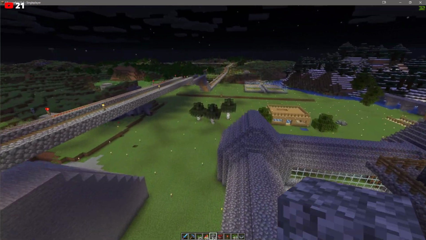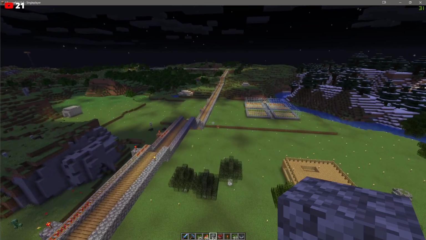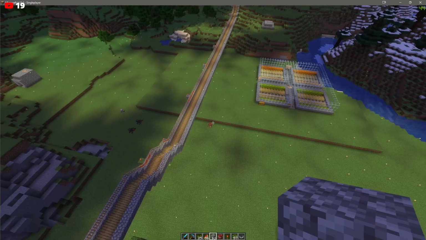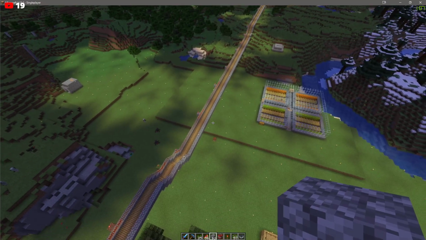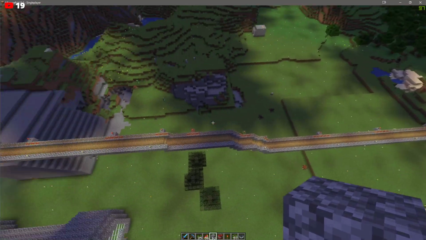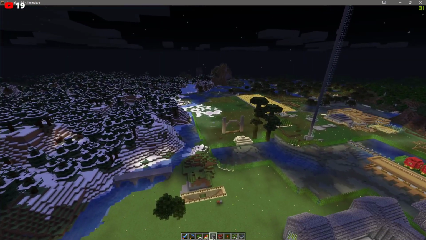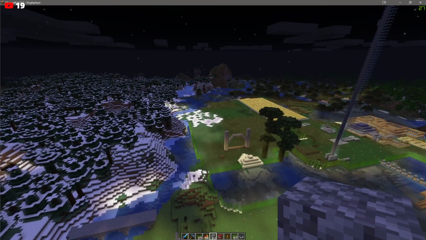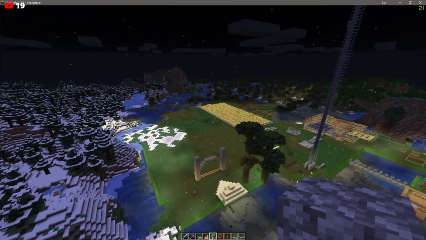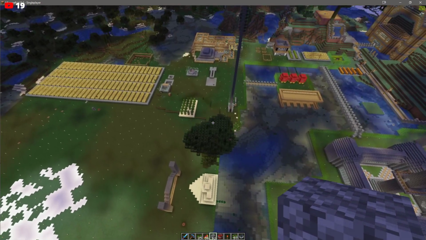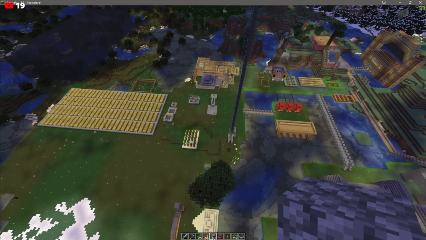But yeah, I really loved flattening my worlds. You can see, look at how flat this is. This was not WorldEdit. I manually did all of this. I flattened everything out. And you see that over there? That little platform, I did all that myself. Same thing with the wheat farm. Same thing with this. I was actually trying to build a sky island.